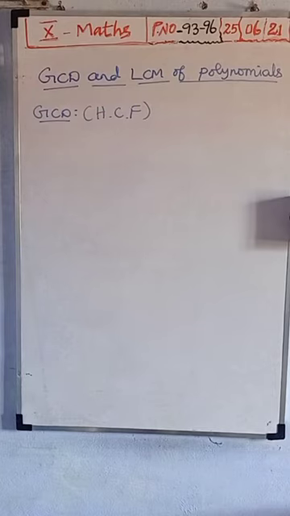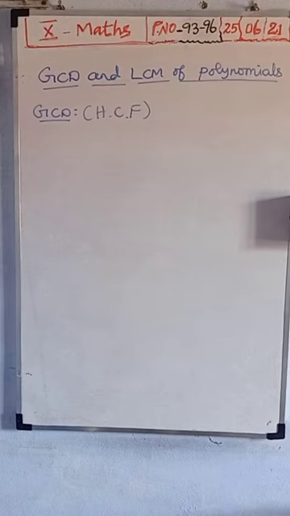In our previous class we learned how to find the GCD, that means HCF, of second degree and third degree expressions by the method of factorization. Second degree means a quadratic polynomial, which is easy to factorize. For third degree, we used synthetic division, which we learned in 9th standard, to factorize the given polynomials.